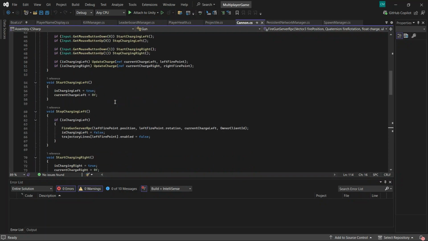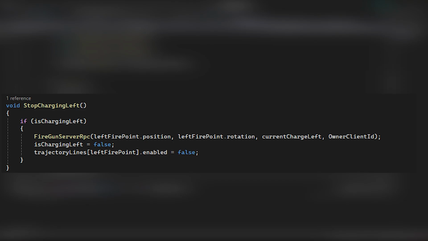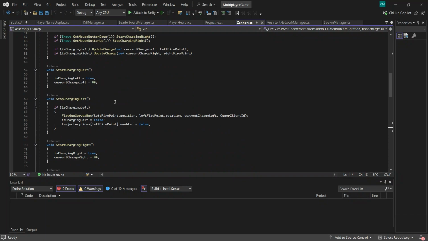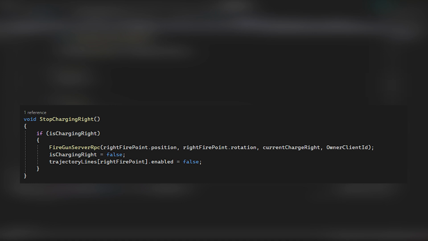Now we're going to the StopChargingLeft and StopChargingRight methods. This handles the firing. We use the FireGunServerRpc, which calls the server to fire from the left cannon. And FireGunServerRpc with the right fire point calls the server to fire from the right cannon.